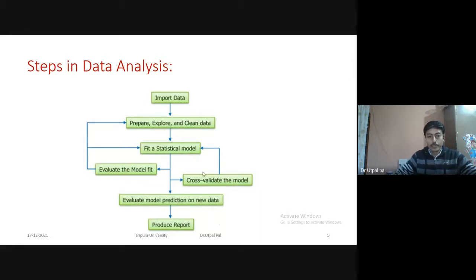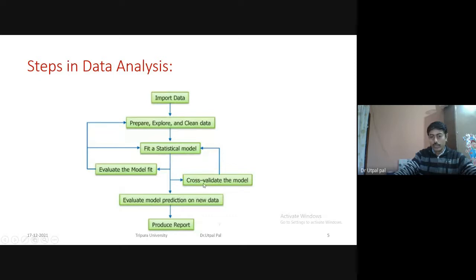After that, fit the model. It can be a statistical model or any machine learning model or whatever model we want to fit. Then after that, evaluating the model. That means if the model is not up to the mark, and if the reason is cleaning or pre-processing, then we have to go back and clean the data again and fit the model once again. Now, when we are satisfied, then validation of the model.